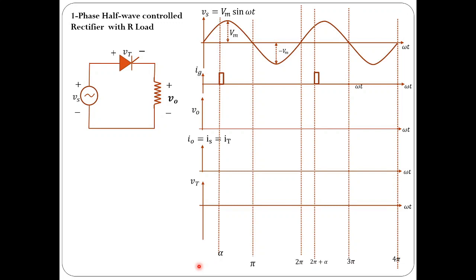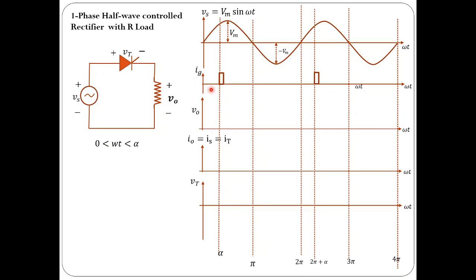First we will start with the R load, a simple load. The voltage across the source is Vs, the voltage across the thyristor is Vt, and the voltage across the resistor is V0. This is a resistive load. Voltage and current are going to be in phase. In fact, voltage and current through a resistor follow a similar wave shape. The shape is going to be the same, maybe the magnitudes are different. Now, the three are connected in series, so the current through the source, thyristor, and the load is going to be the same.